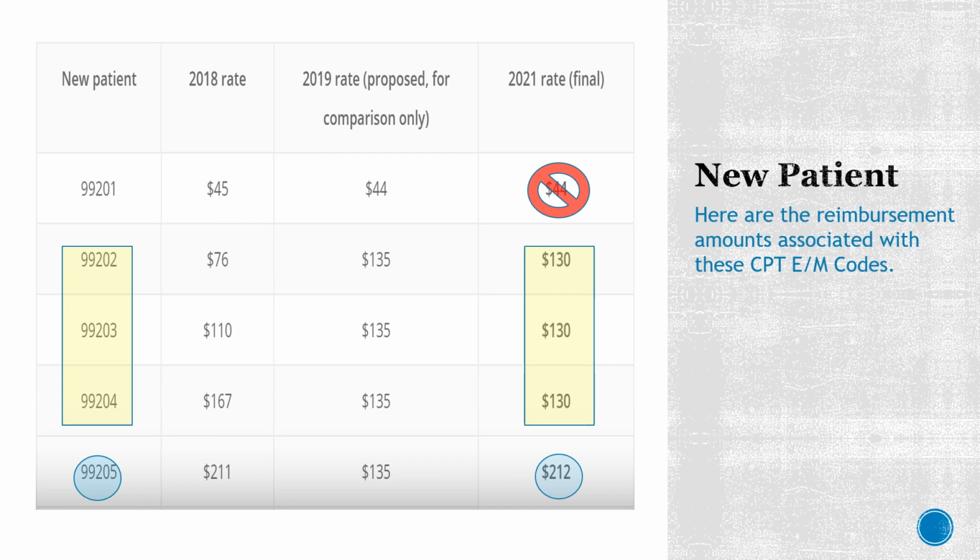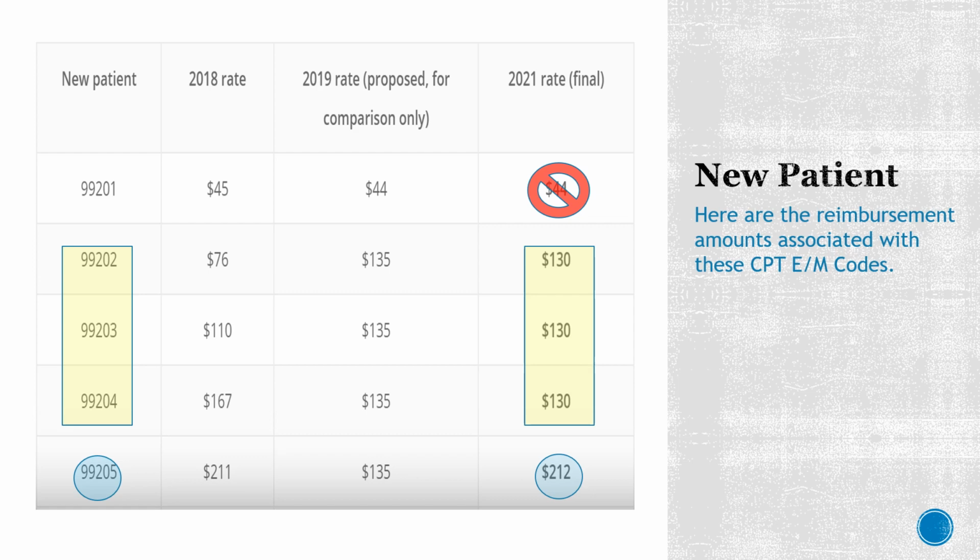So for a new patient visit, you see we have the 99201 for 2021 no longer applicable. The reimbursement is the same in 2021 for a 99202, 203, and 204, which is why it becomes a very straightforward proposition for the provider to select the code based on time. You can see higher level of reimbursement does come at a 99205, and those are the encounters that represent higher risk and higher medical complexity when it comes to your decision making, and you may want to do your due diligence in providing documentation to support